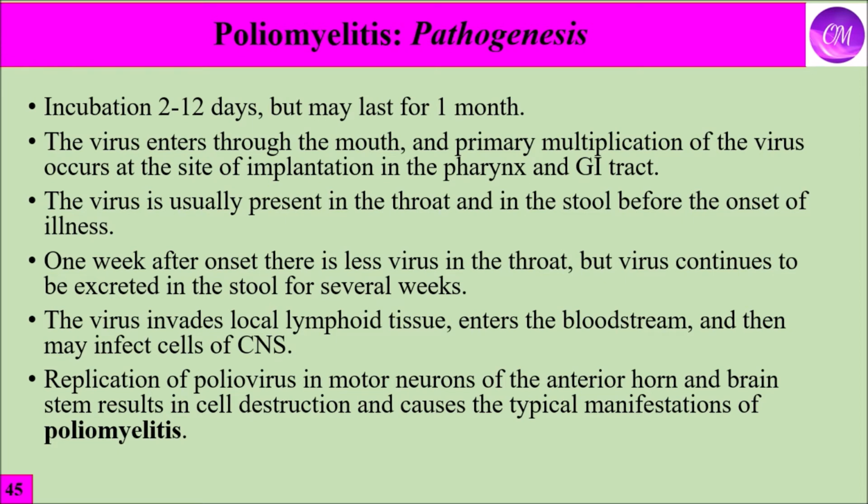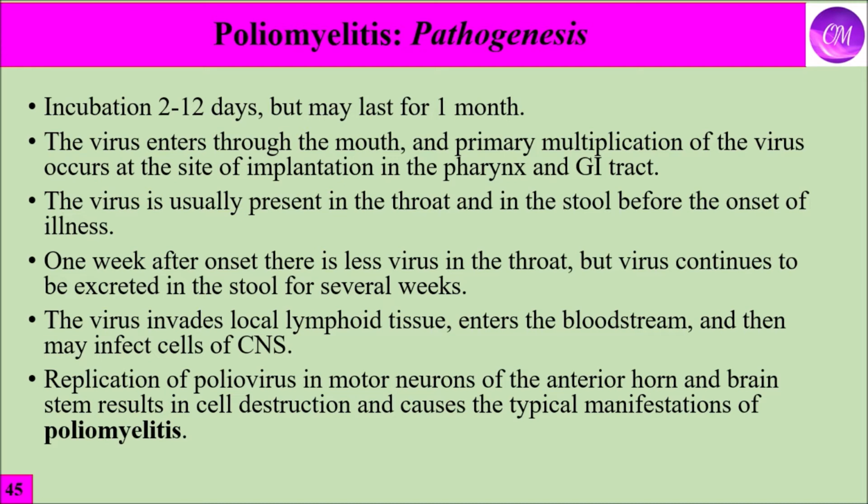The incubation period of polio varies between 2 to 12 days, but may last for 1 month. The virus enters through the mouth, and the primary multiplication of the virus occurs at the site of implantation in the pharynx and gastrointestinal tract. The virus is usually present in the throat and in the stool before the onset of illness. 1 week after onset, there is less virus in the throat, but virus continues to be excreted in the stool